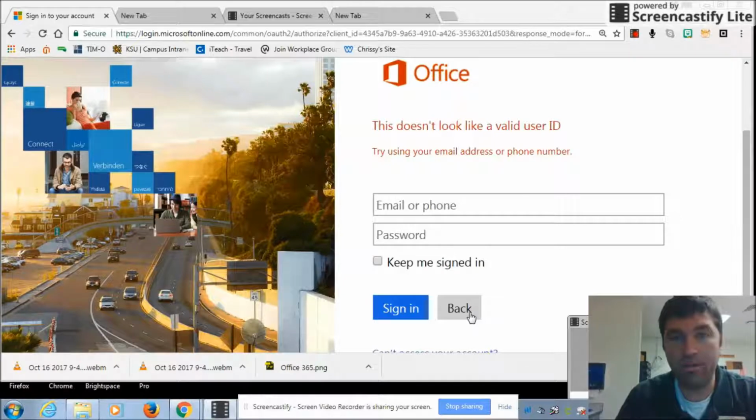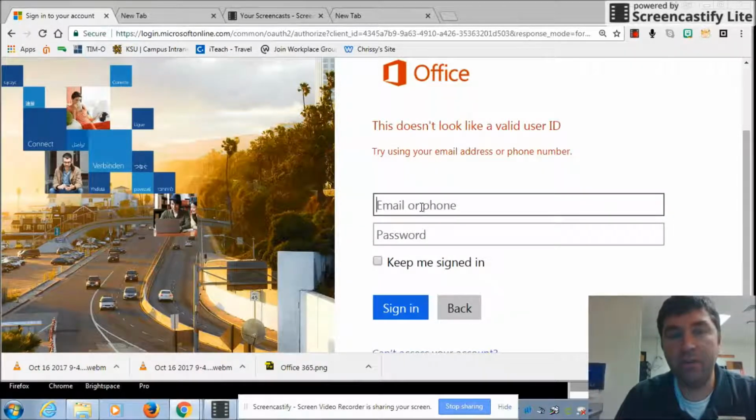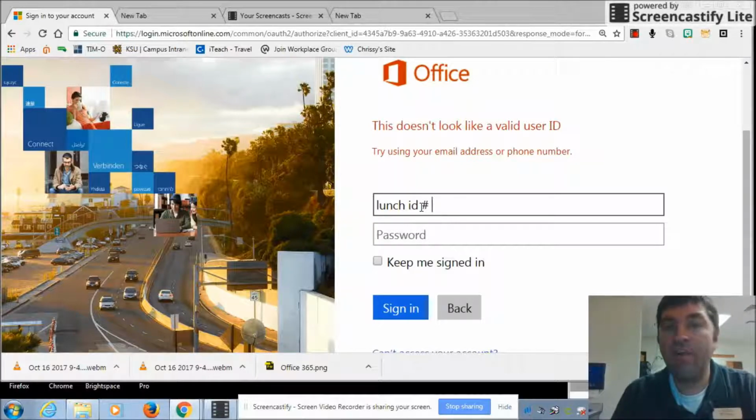First, starting with the email or phone, in this field, what you need to type in is your username, which is your lunch ID number, followed by the @ sign. In order to create the @ sign, you need to hold down Shift and 2 in order to create the symbol. Following the @ sign, you need to type in the letter F, the letter C, the letter S,